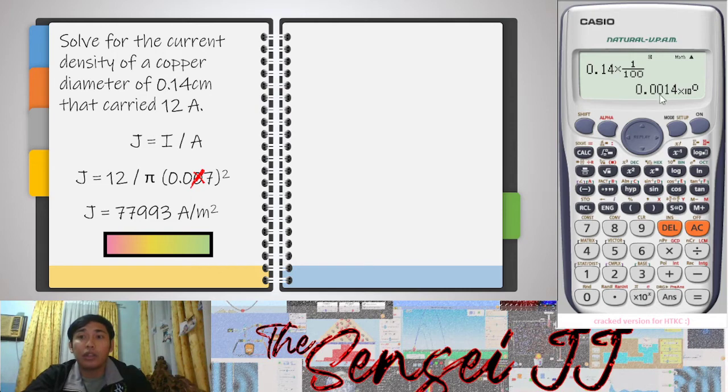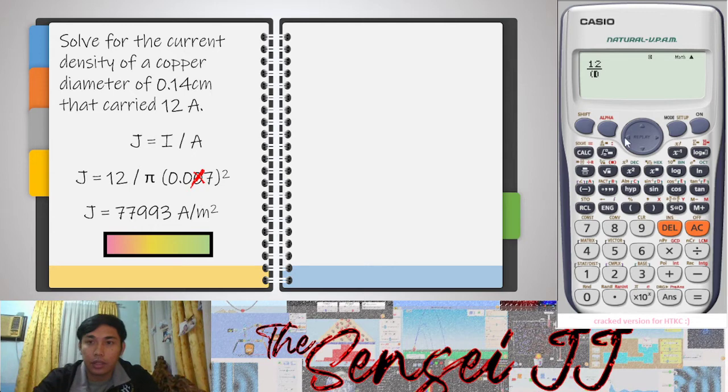So we have here 0.0014. So in this case, 12 divided by pi. Okay, shift, and we have here our answer of 0.0014. Okay. So but we have to divide it by 2 since we are looking